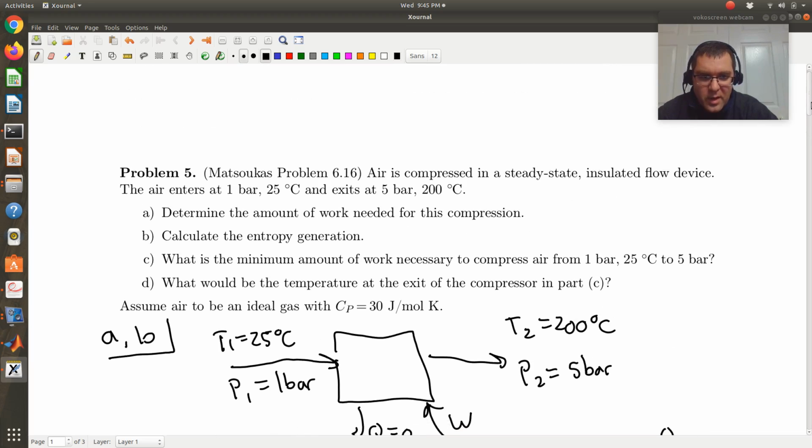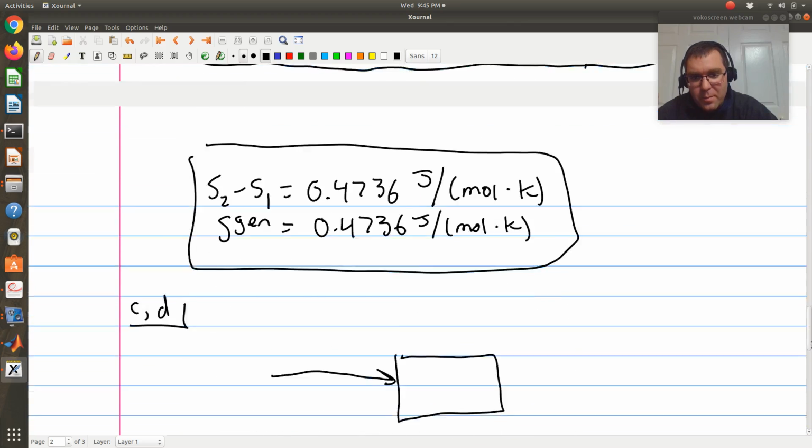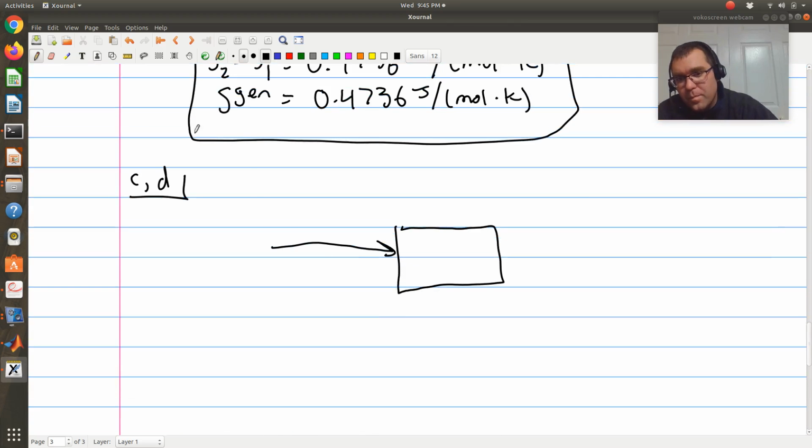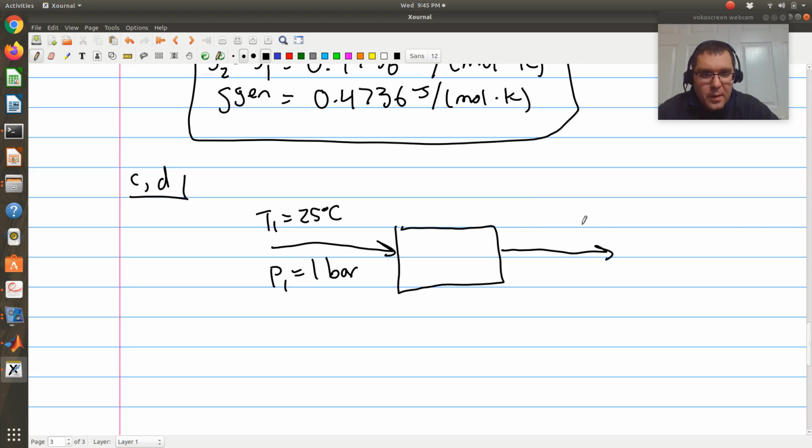So I'm still going to have air at 25 degrees C and 1 bar. But now my exit